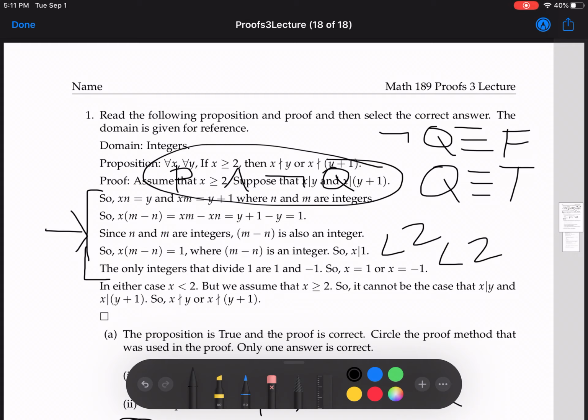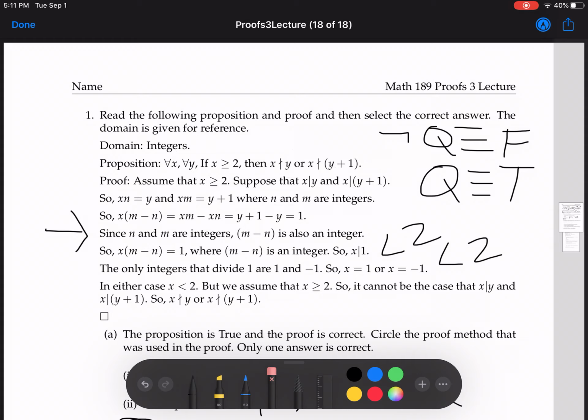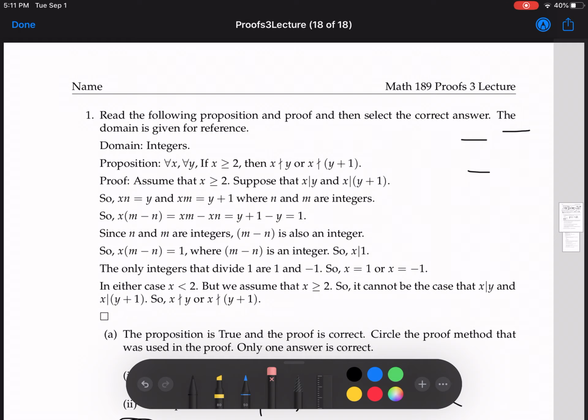This is because all mathematical statements are true or false. Okay, so x is equal to 1, and so our contradiction is that x is less than 2,